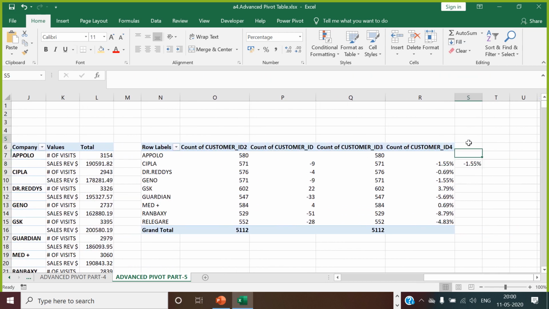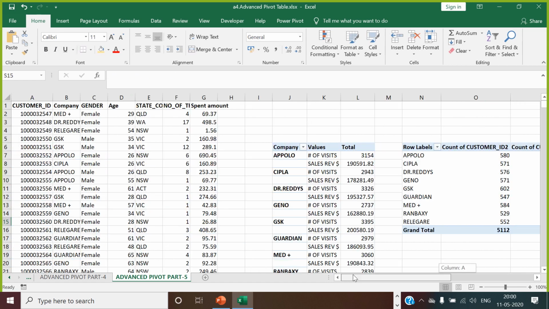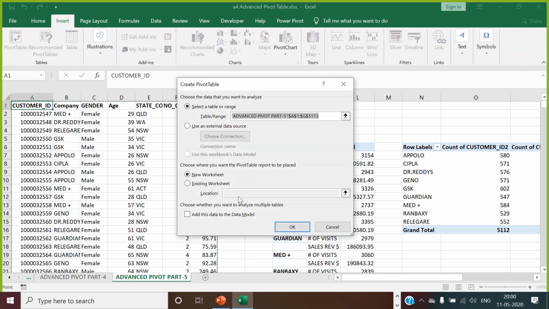Right guys? So this is called percentage of difference from. Okay, now the next is selecting this pivot table.